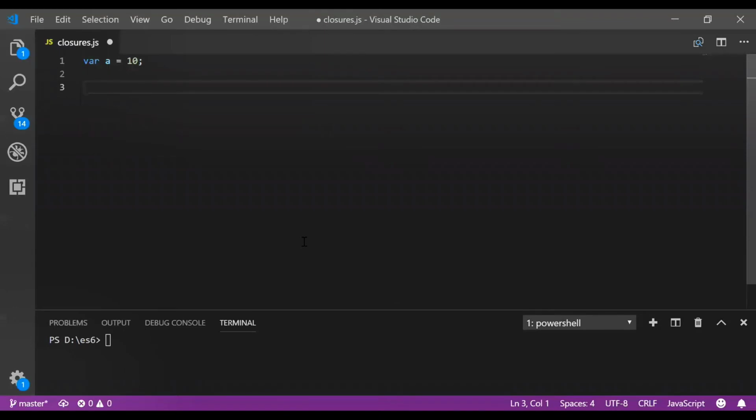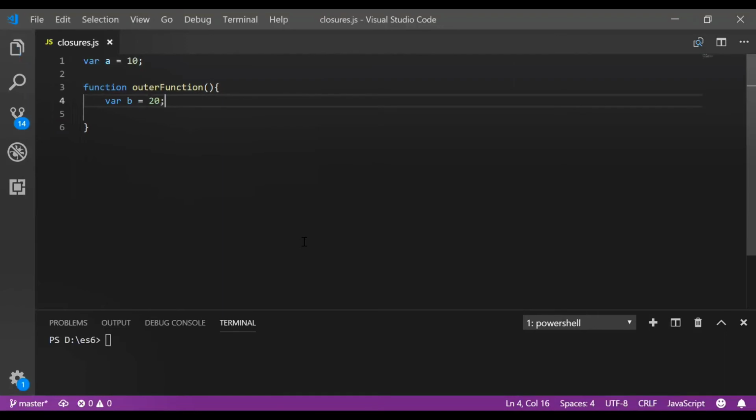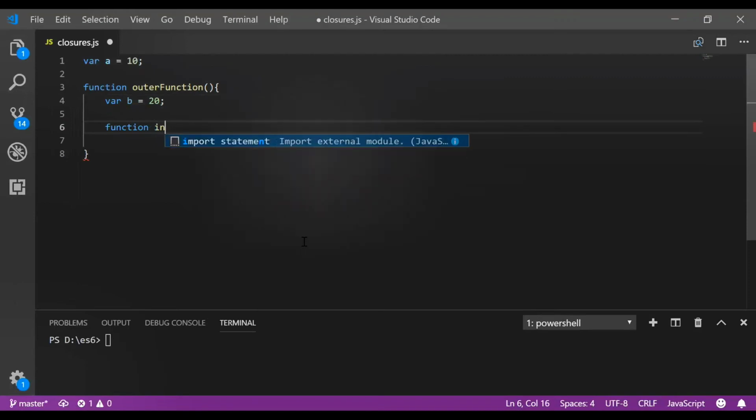Now we will define our outer function, and we will have a variable in the outer function, which is b. Now we will create one inner function, and inside the inner function we will also define one variable.